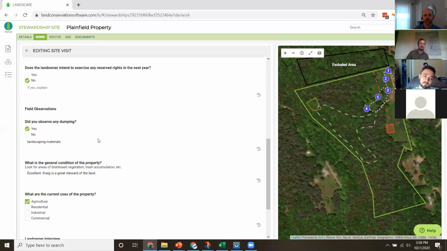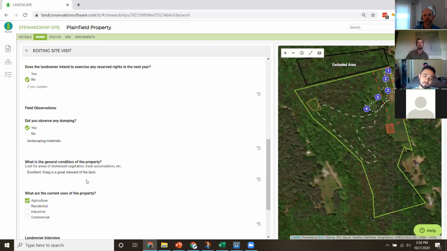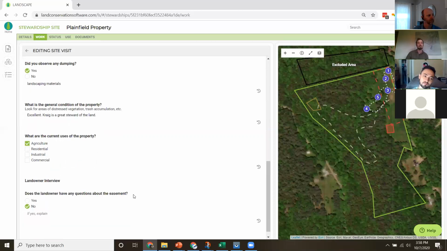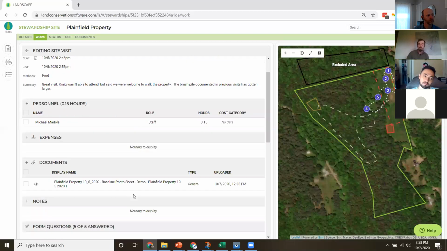So in this case, I want to ask, does a landowner intend to exercise any reserved rights? What are the current uses of the property? It's a really simple, straightforward form. And I can design it in the settings of landscape, and I can populate every easement